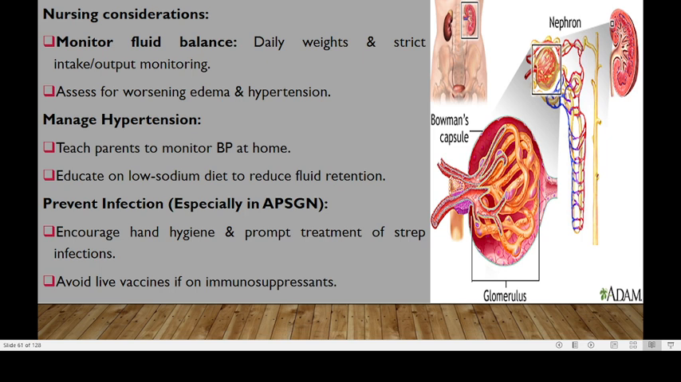In terms of nursing consideration, you monitor for fluid balance, so you do daily weights and strict input and output monitoring. You assess for worsening edema and hypertension. You also need to manage hypertension, so you teach parents to monitor BP at home. You educate on a low sodium diet to reduce fluid retention. Could also prevent infections. You encourage hand hygiene and prompt treatment of strep infection, and avoid live vaccines if the